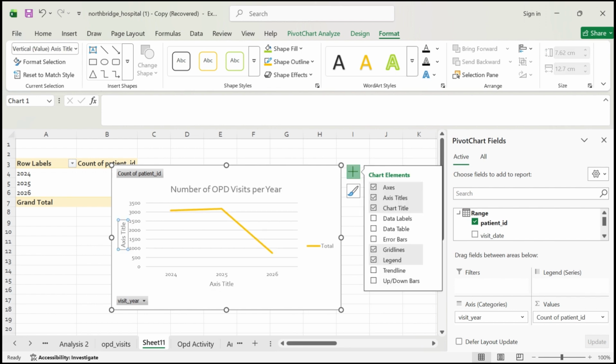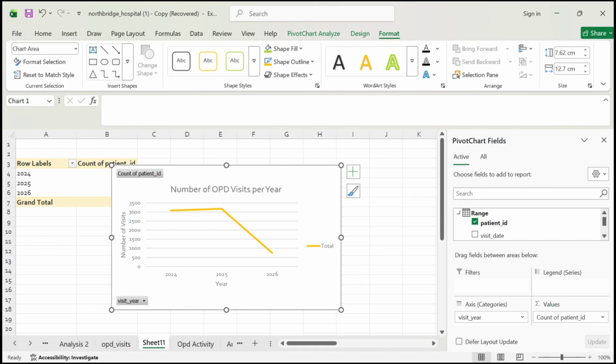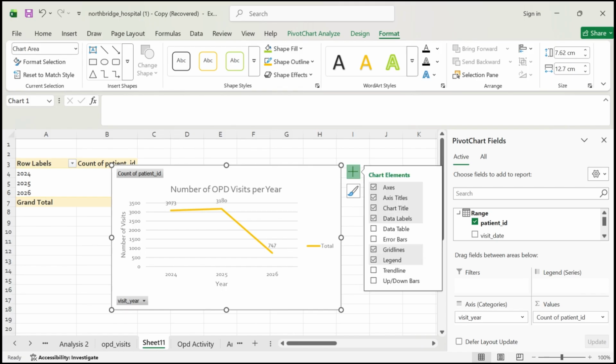Next, click the plus sign beside the chart and enable axis titles. Rename the horizontal axis title to year and rename the vertical axis title to the number of visits. Next, enable data labels so that viewers can immediately see the exact number of visits represented by each point on